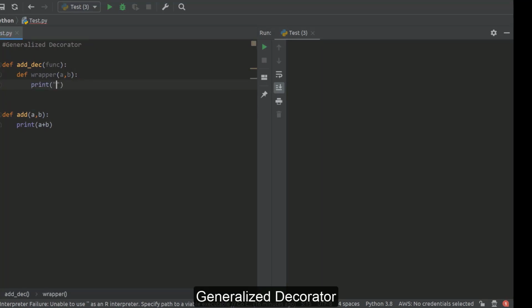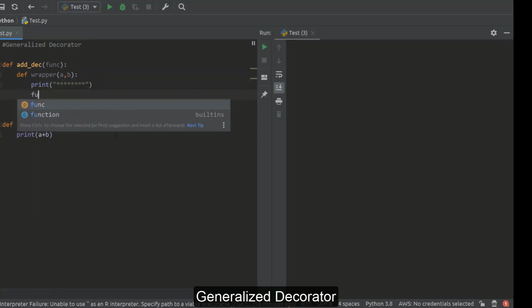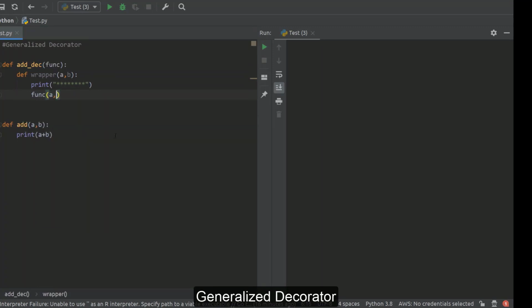Then in decorator we are just printing some stars like this. Then we are calling actual function by passing these two arguments. Then once again we are printing this star line over here. So this is a decoration. Inside this wrapper function we print one star line, then we call function, then once again we print one star line. Here we are returning this wrapper from this decorator.